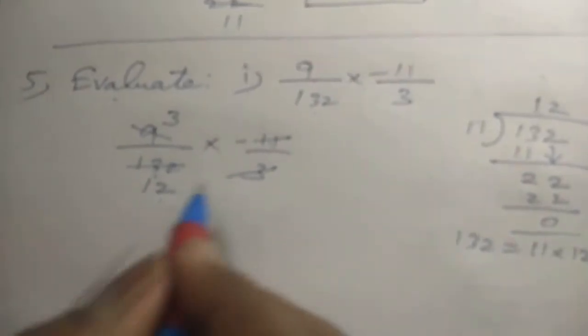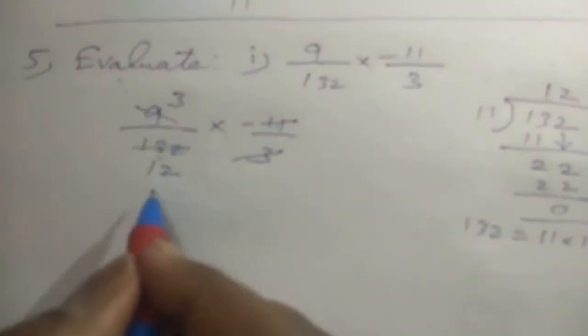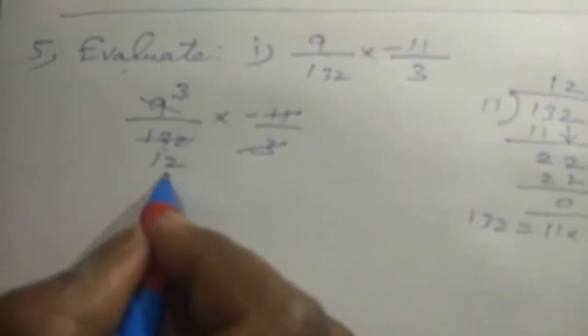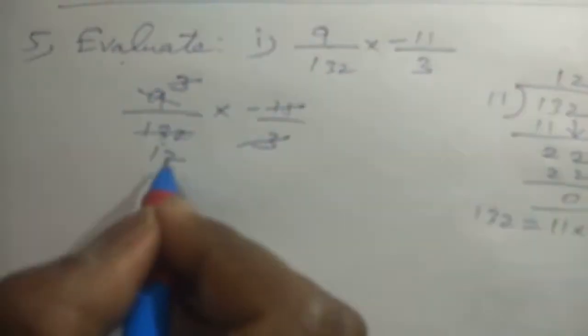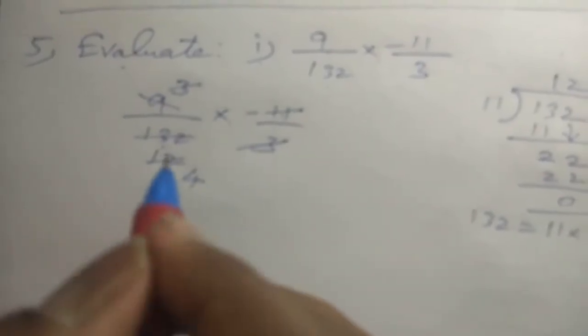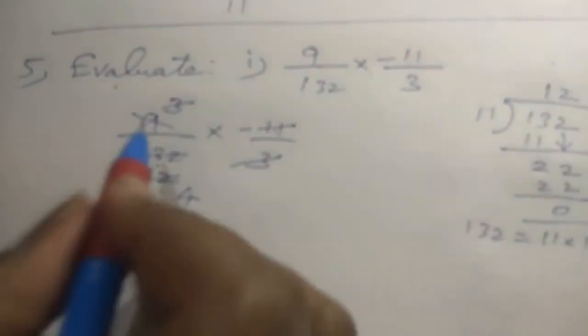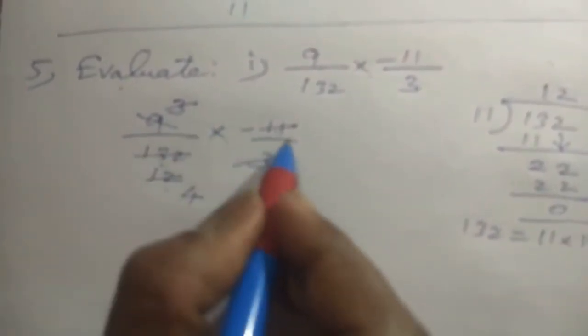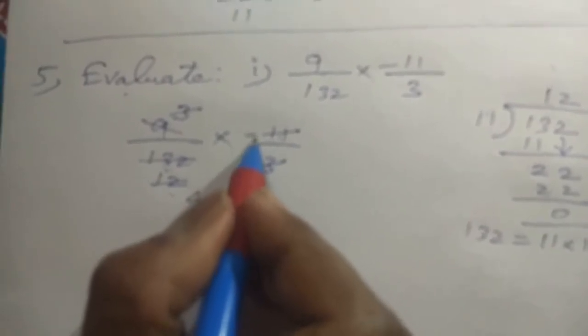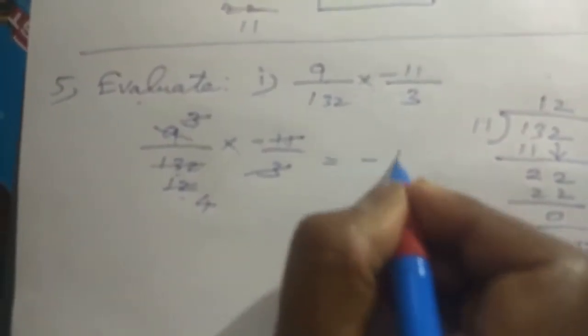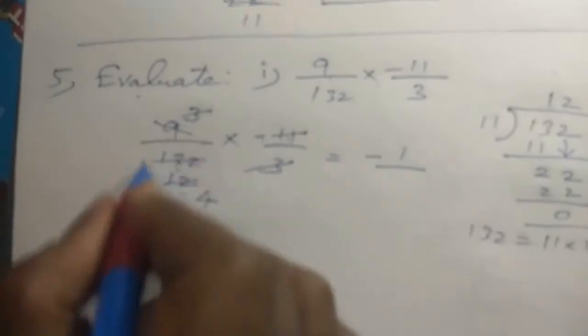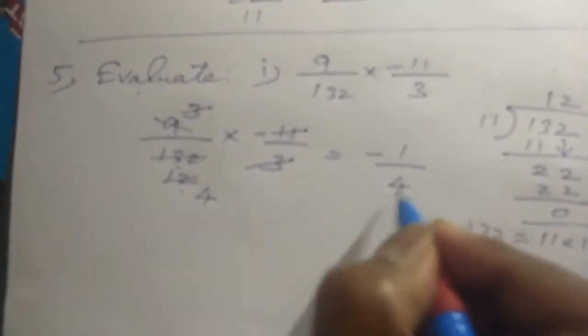Okay. Again we are having here 3 in the numerator and 12 in the denominator. So if you cancel here, it is 3 4s are 12. Okay. Now we check the numerator. There is nothing here inside, but there is only the minus sign here. So we have to put here minus 1 by, what is the remaining term here in the denominator? It is 4. So minus 1 by 4 is the answer.